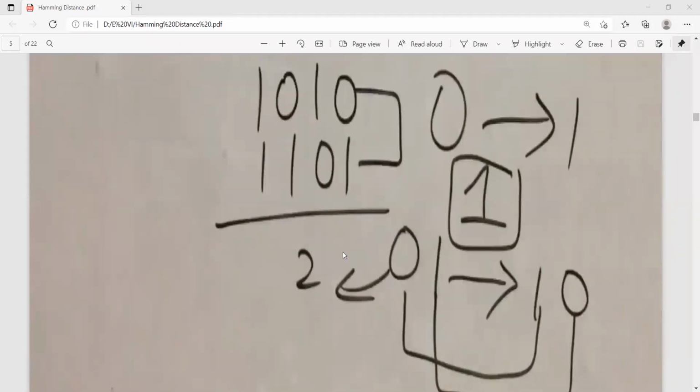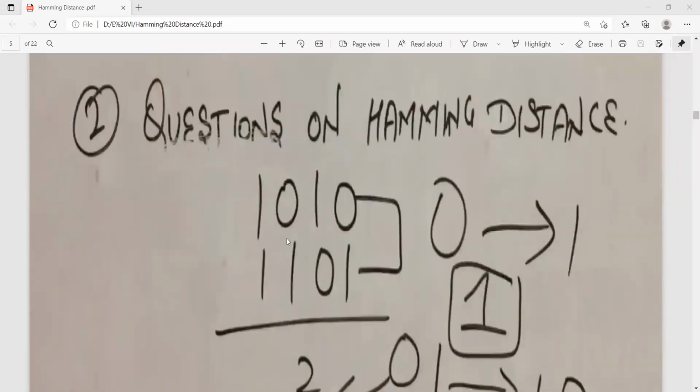So the Hamming distance is 2. In this, how many? 1, 2, 3. There are 3 mismatches. So what is the Hamming distance? It is 3.